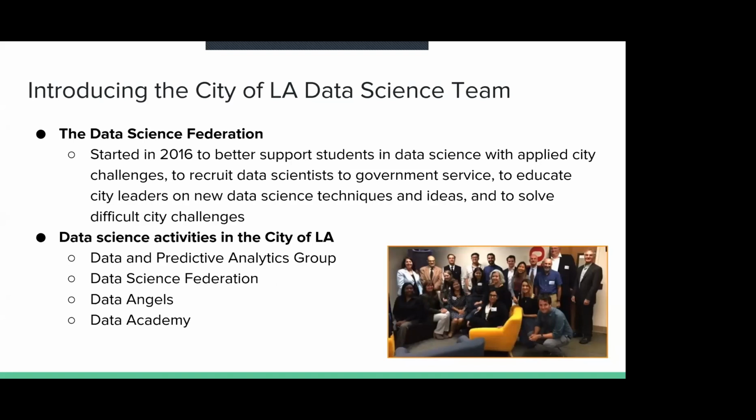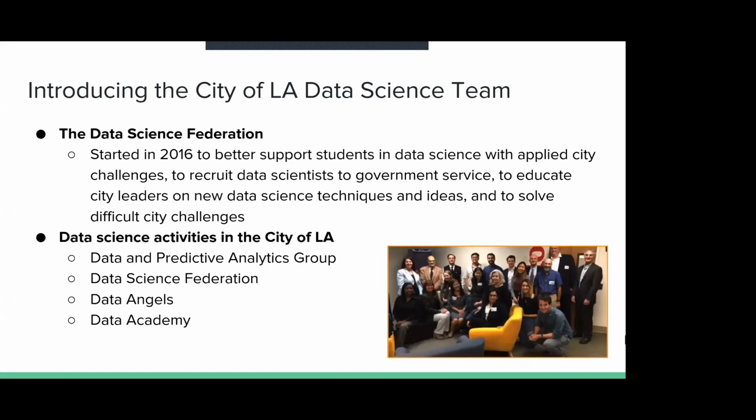We also have a hiring issue at the City of Los Angeles, as I'm sure many of you do, where we have an older workforce, and we wanted to attract young people into city service and really get some fresh ideas. And then thirdly, professors were interested in really working with cutting edge problems and new data. So we founded the Data Science Federation, which really solved these three different challenges, and most importantly, helped our city